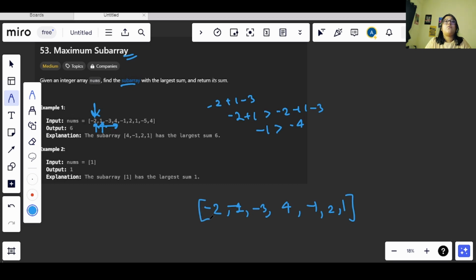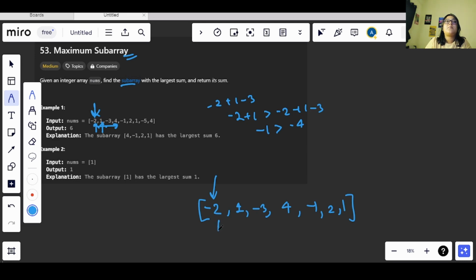Now what happens is, if we start from here, we have started from this part. How do we calculate the sum? Let's say my one pointer is here, then I can start considering the elements from the 0th index.